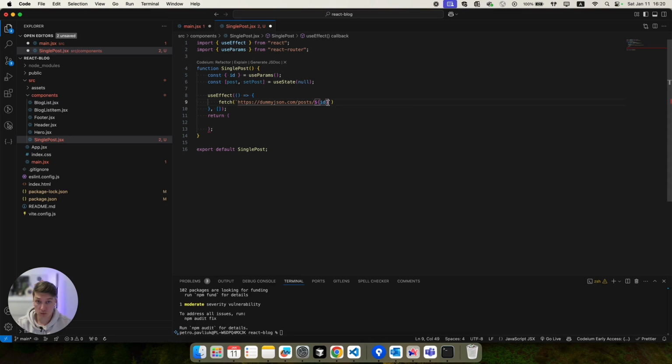As you can see, I will use this post ID from our URL params for fetching the exact post. And of course, we'll add maybe some catch for the errors. So when we have the information with our post, we just add it to our state, and it looks like we have everything that we need, and we can create HTML for this page.